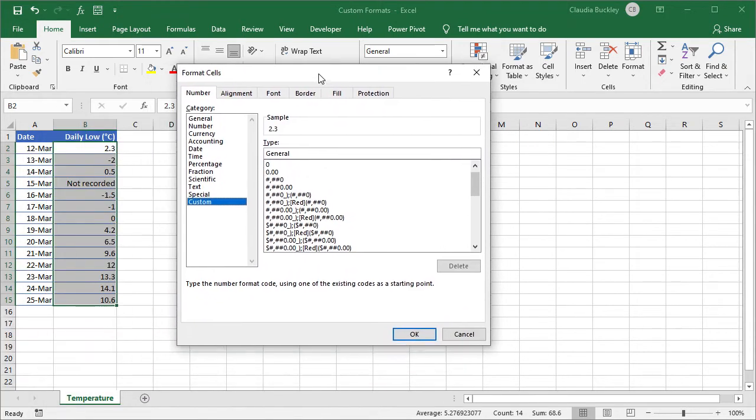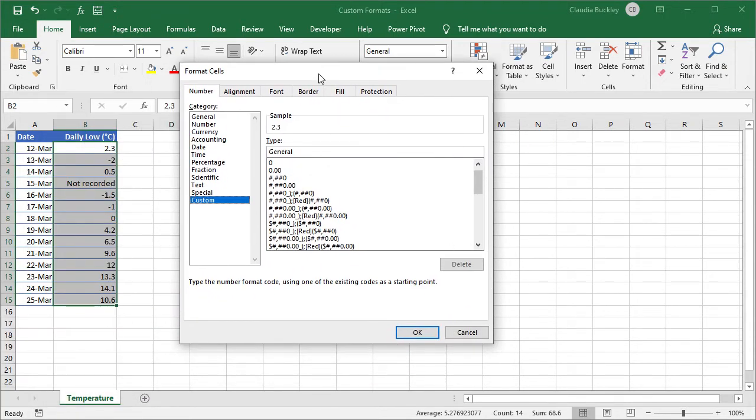So maybe for this data set, we have some temperature readings here, and we want to customize how they show up on our worksheet. We've already highlighted, so whatever we do here will affect the cells that were highlighted. We can grab any one. Usually we start off with one that looks close to what we want, but we really can grab any one, and once we know the codes, we can just start building. So let's start with this one. Maybe for positive numbers, we want them to appear with at least 1 integer and rounded to 1 decimal place. So we only need